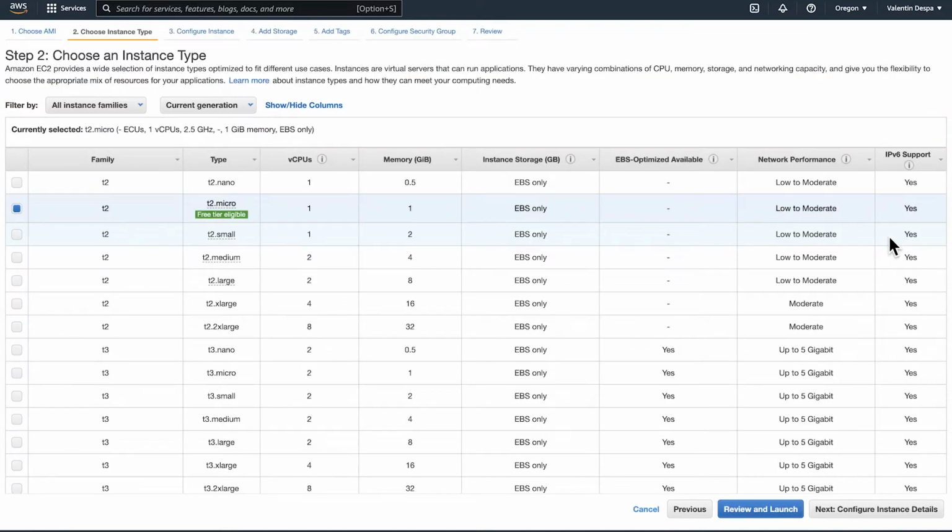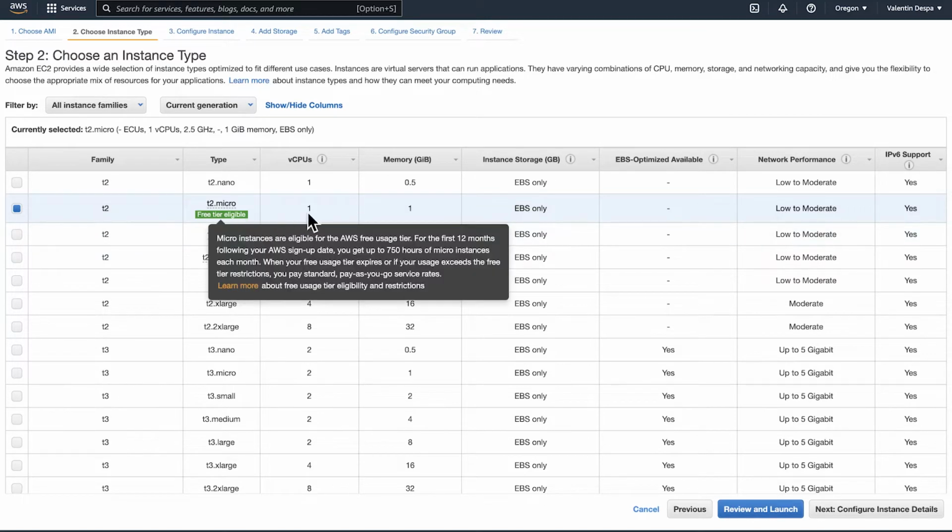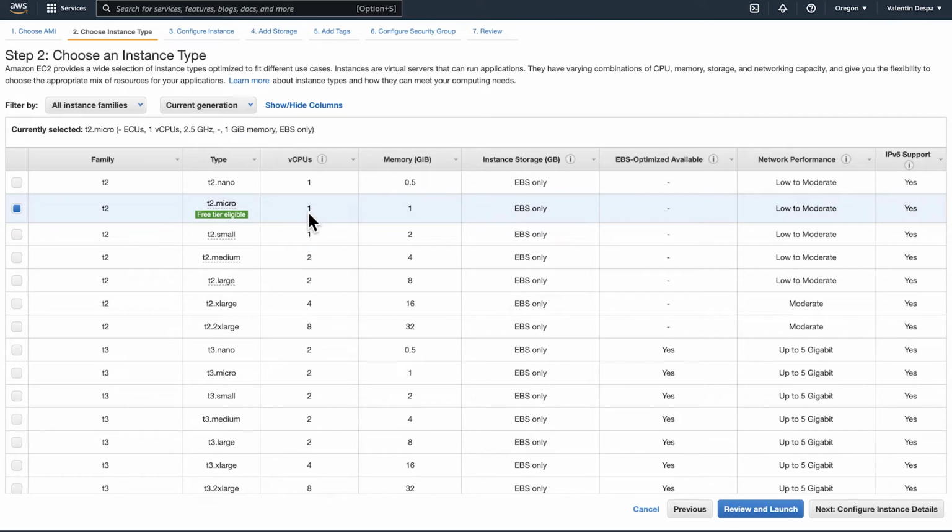Next is a step where, depending on what you select, you may encounter some additional costs. By default, you will see here that I have the T2 micro instance selected. This is a very small instance. It has only one virtual CPU and only 1 gig of memory. But for basic jobs in GitLab CI, that should be enough. However, if you think you need more power, I highly recommend that you go a bit higher, for example, T2